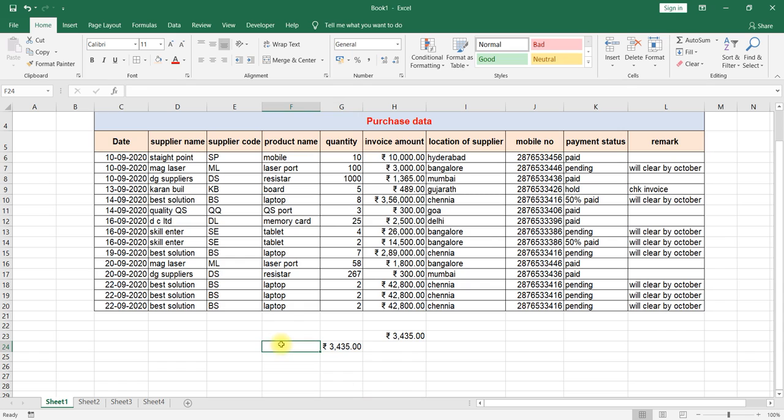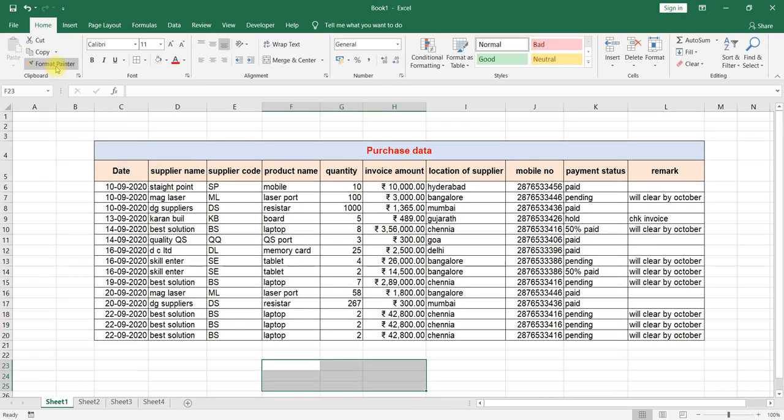Whenever you write something here and you would like to apply the same format to this one, select format painter, apply. This way we can apply any format from anywhere to any cell. These are very important ones, format painter and cut, copy, paste.